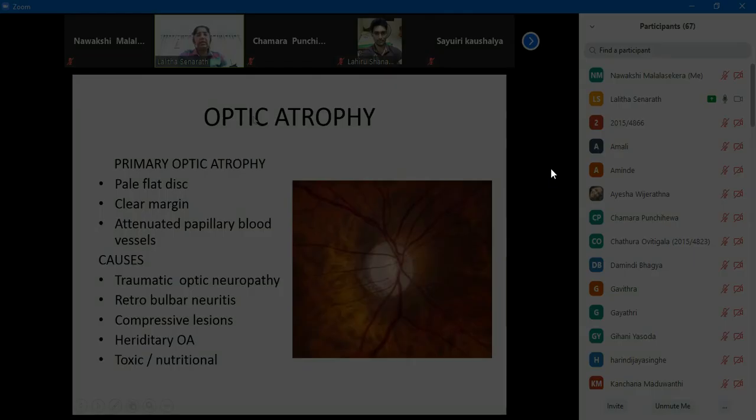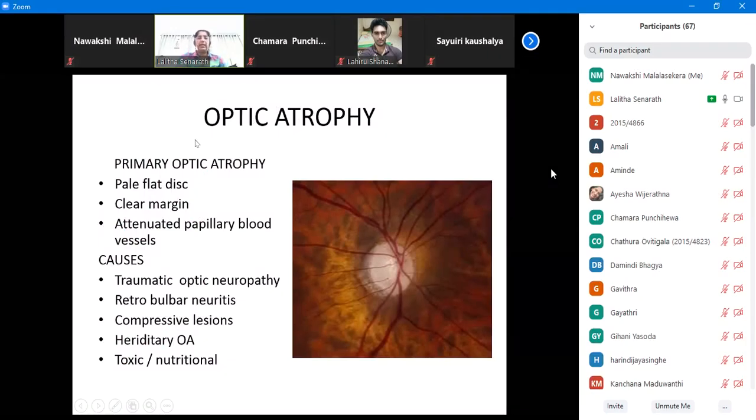Therefore, what are the diseases you can get in the optic nerve? Any type of optic nerve insult ultimately ends up with optic atrophy. Optic atrophy is a pale optic disc. It's a primary optic atrophy: a pale flat disc with clear margin,